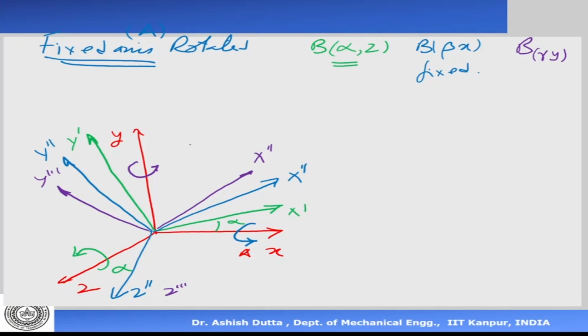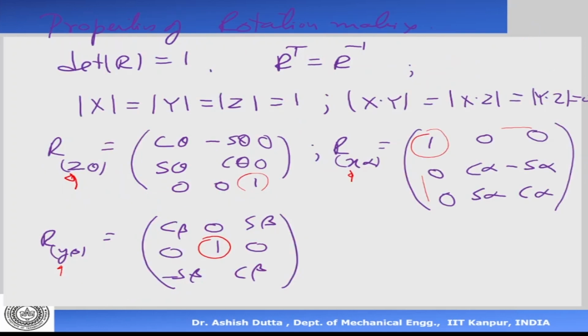Now I'm saying that there is a point here, P expressed in frame B. It has coordinates u, v, w, and this point is the same point when it is expressed in frame A, which is not moving, it is XYZ. Now you find what is the relation between XYZ and UVW. So there has been 3 rotations, and we know the independent rotation matrices for each case. When it's rotating about Z or X or Y, it will be respectively these matrices, X, Y, or Z. So you know the matrices.